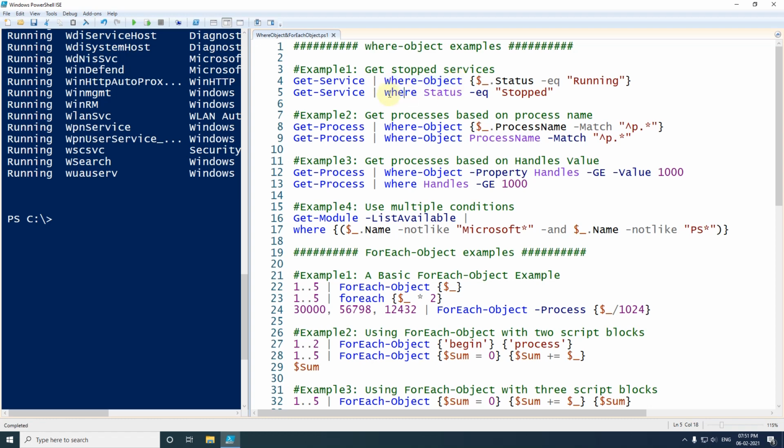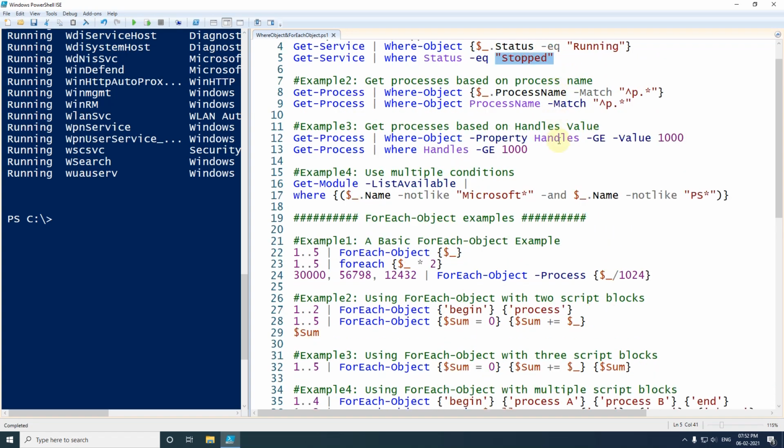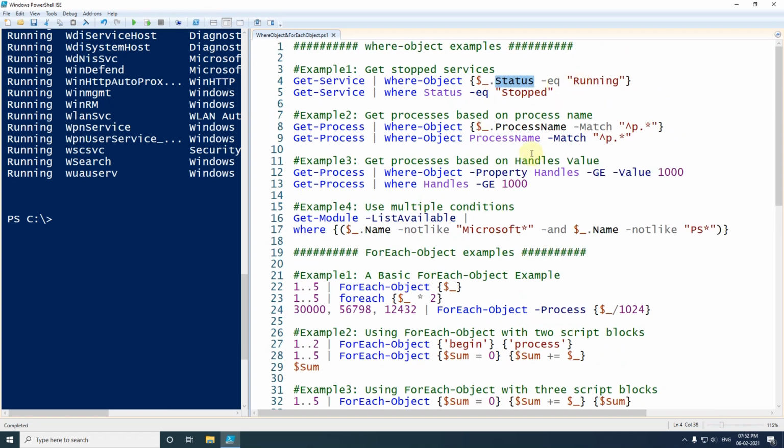We can also use simply where. Where is nothing but an alias of Where-Object, and just after the where we can use the property name and property value. Now let's move to the next example. In the next example I have used ProcessName.